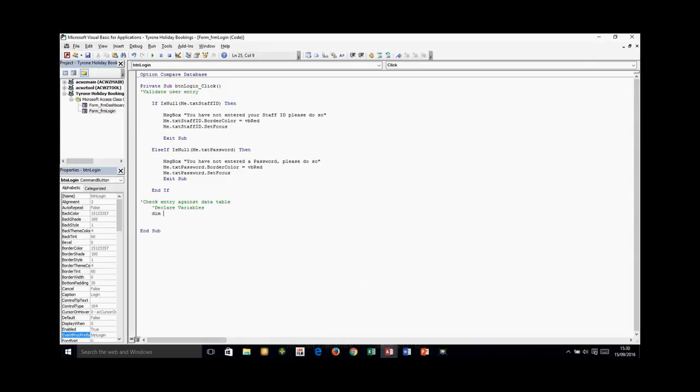So Dim, and the first one we're going to have is the staff ID, and we're going to give it a different name, because the text box in the login form is txtStaffID. So we're going to call this getStaffID As String, because they're actual text, even though they might be numbers, they're actually stored as text. We're going to Dim getPassword